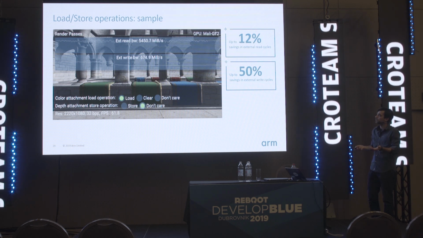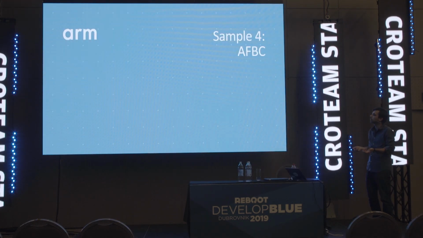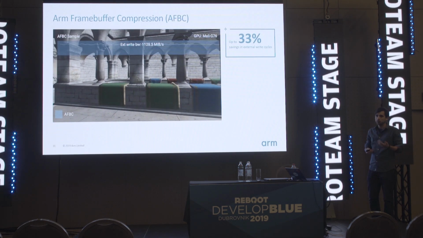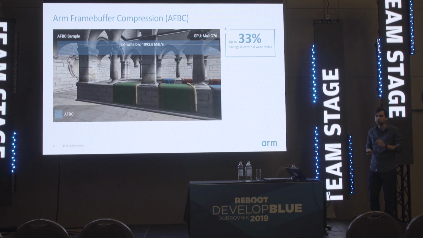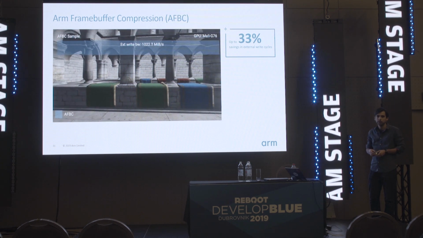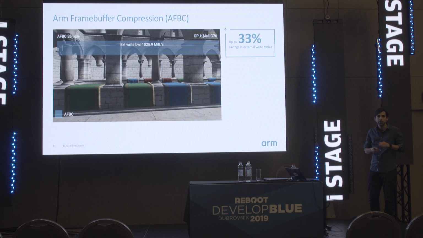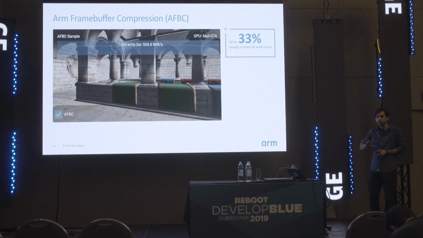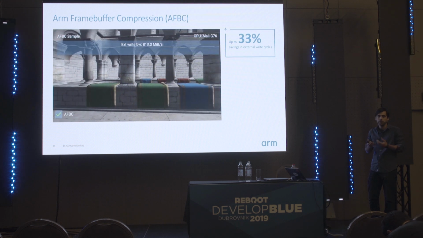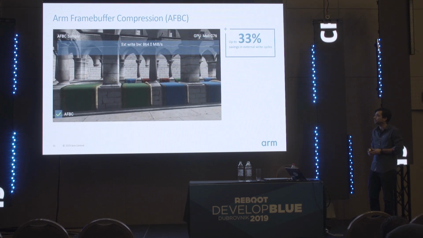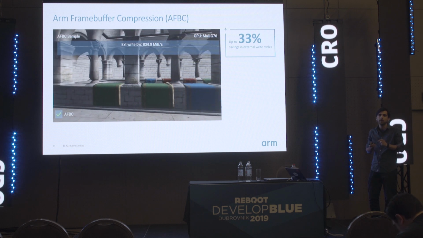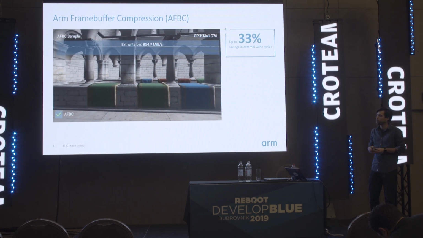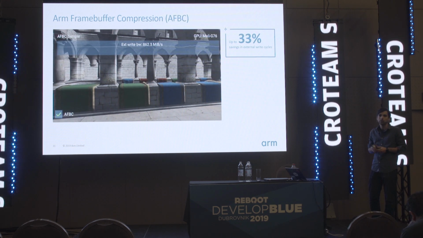And speaking of frame compression, the last sample I wanted to talk to you about today is AFBC. This is an ARM technology. ARM Frame Buffer Compression is a protocol and format for compressing frame buffers. And this is not something that you have to explicitly enable in Vulkan. If it is supported by the device, you should take advantage of it at no cost. But the problem is there are certain combinations of initializing your images and image views that may make AFBC not capable